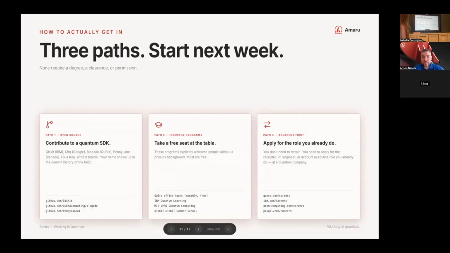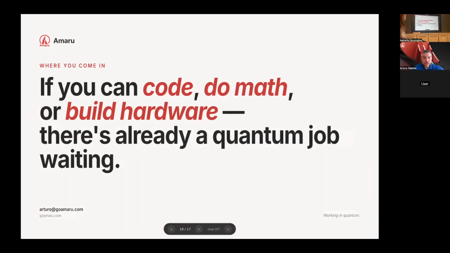So there are industry programs. There are free programs that you can participate in. And I have a resource page for you all where you can sign up for them starting today. And then apply for the role that you already want. And even if you feel like you're not 100% qualified for it, I would argue you should still apply. Just practice and apply. So if you can code, do math, build hardware, there's already a quantum job waiting for you. And I'll say for the non-technical roles, if you can't do any of those things,